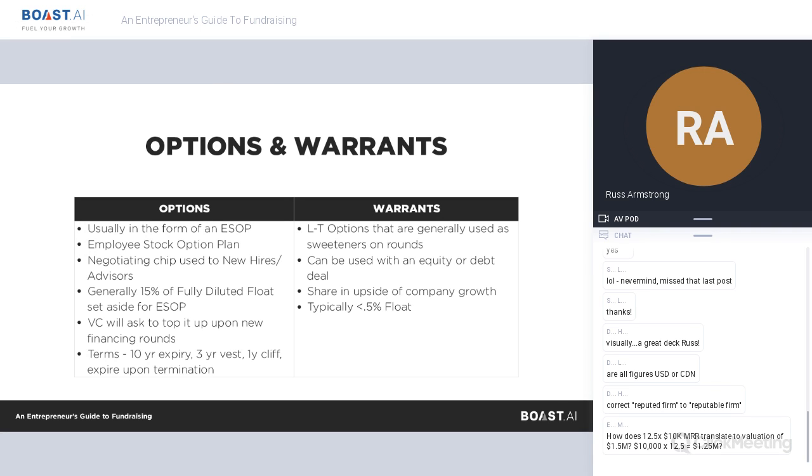Sometimes you'll see this on venture debt and on some seed rounds as warrants. For those that aren't familiar, warrants are pretty much long-term options that allow the holder to buy the stock at a discounted price in the future. They are options, so the holder has the option to exercise them in the future or not. You'll see this as a sweetener on a deal to help get something over the line. And then you also have options that you'll start to get into when you do seed rounds, where you're going to have generally 15% of your fully diluted float set aside for an ESOP.